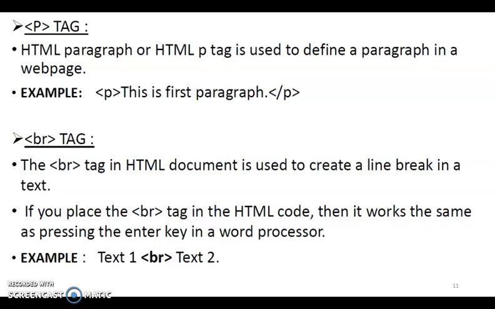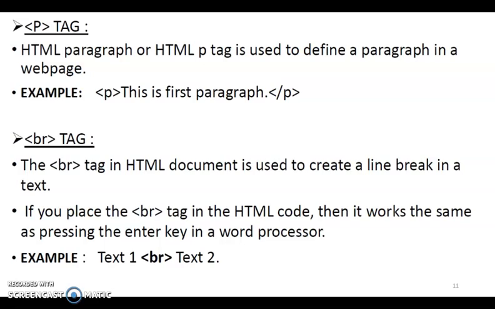Here, see, whenever you write text one, then BR means that text 2 appears on the next line. So the BR tag does not have a close tag. So it is called an empty tag. Okay. So this is all about the BR tag. This tag is specially used to create a line break in a text.